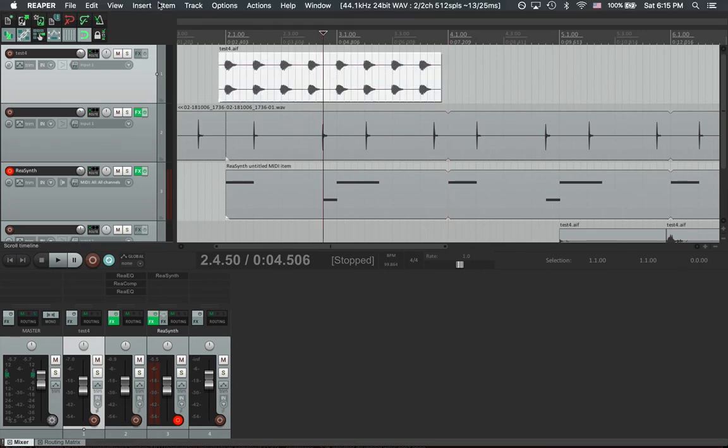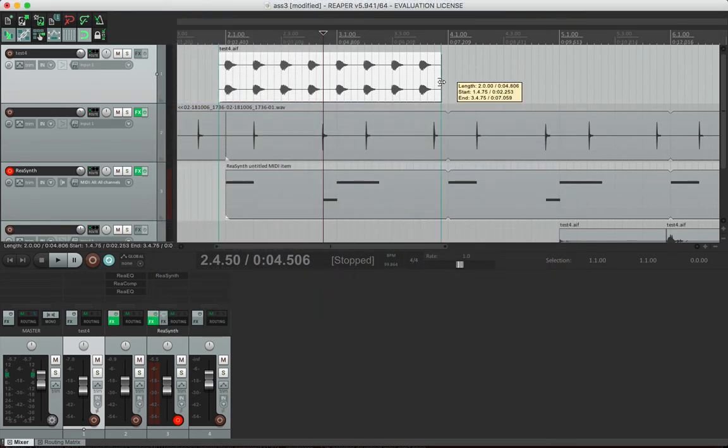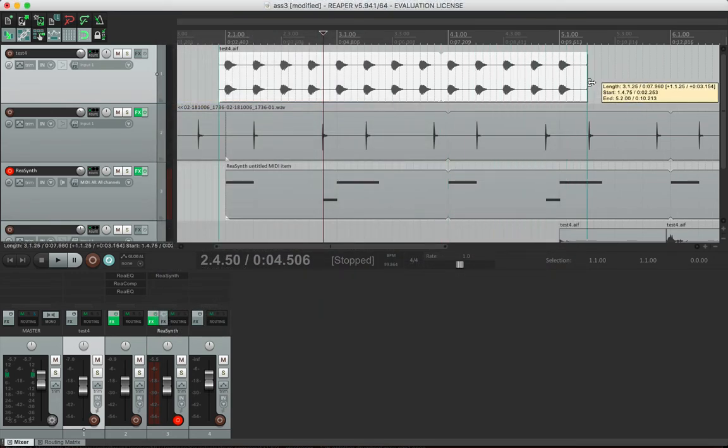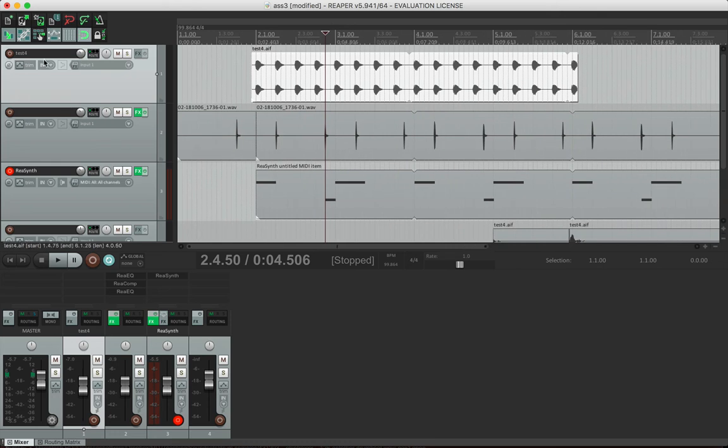I'm going to select that, go up to Item, Item Settings, Loop Section of Item Source, and now when I loop this, we'll notice that the loop starts before the downbeat, not right on the downbeat. And again, that's preserving the initial part of the sound that happens right before the downbeat. So if I go back to the beginning of our track,